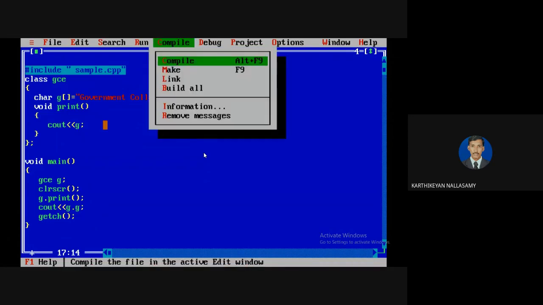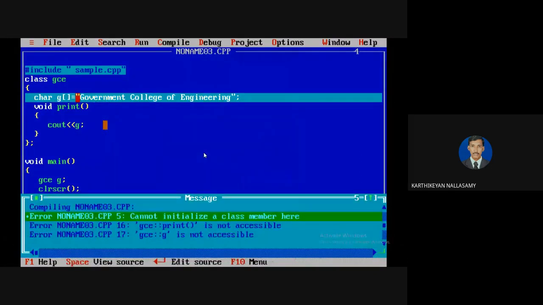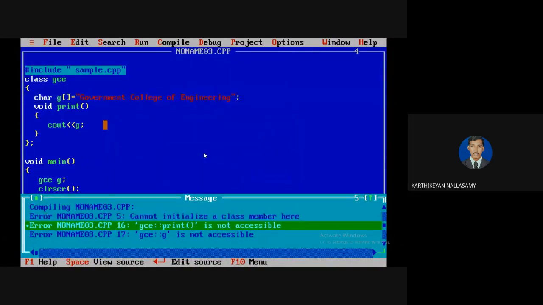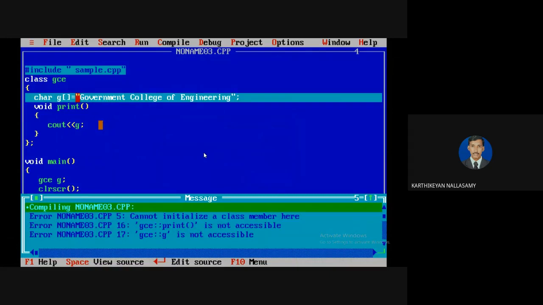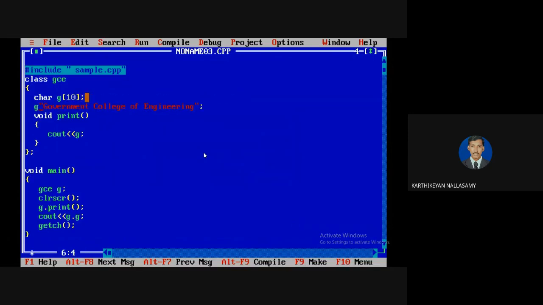So I'm going to compile now. There are three errors. One is cannot initialize the member here, which means that you are unable to define values here. There is one drawback. Just a minute, I can define a constructor. Don't worry about that, we will discuss it later on.